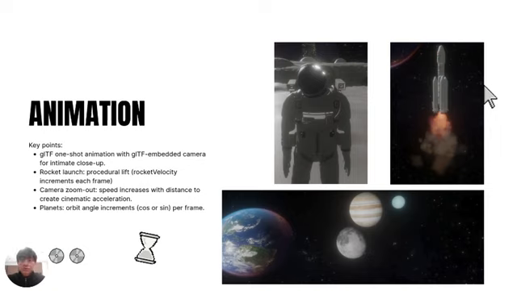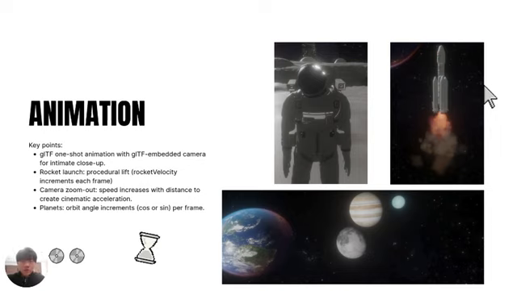That is also achieved by using the WebGL primitive animation method. For the rocket launch, it is able to achieve the procedural lift because the rocket velocity is increasing each frame. And then for the